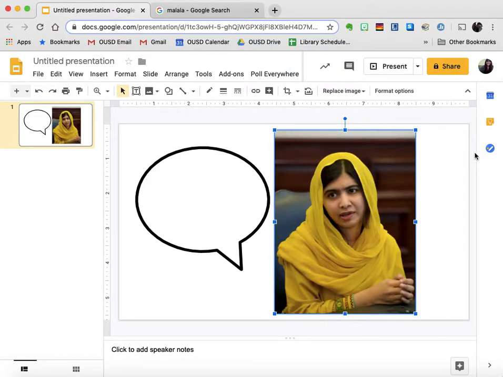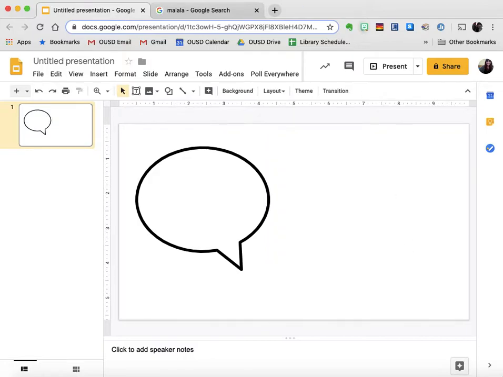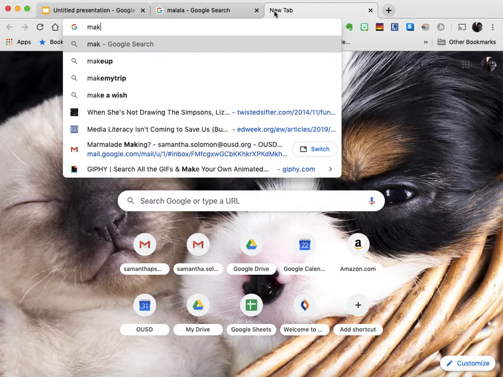One of the things that's difficult about this is that it doesn't necessarily allow you to cite the image, which is something that's really important when we're thinking about showing our work and respecting intellectual property. So I'm going to go ahead and delete this picture, which I'm going to do by selecting it and clicking delete. And then I'm going to go over to Google, and I'm going to just Google Malala's name